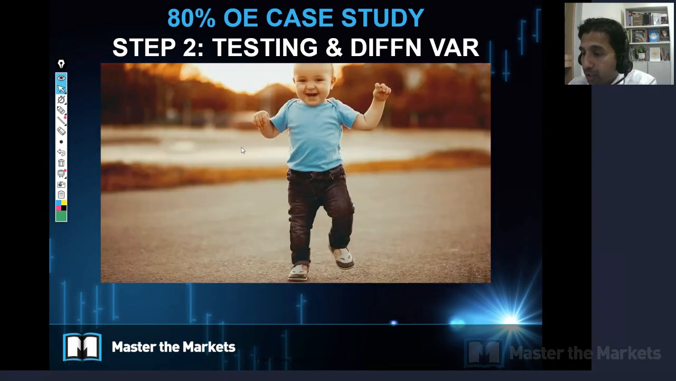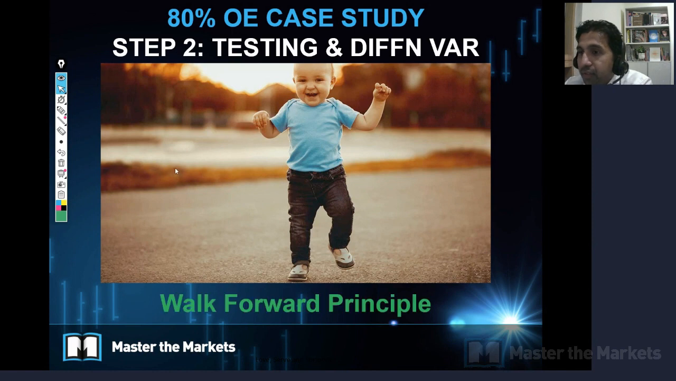Now, after you've tested the different variations, a very important thing I must mention is that when you test the different variations, you must not see the data from before. If you see the data before you come up with the rules for a different variation, then you will be curve fitting. So if you don't want to curve fit, you shouldn't see the data from before